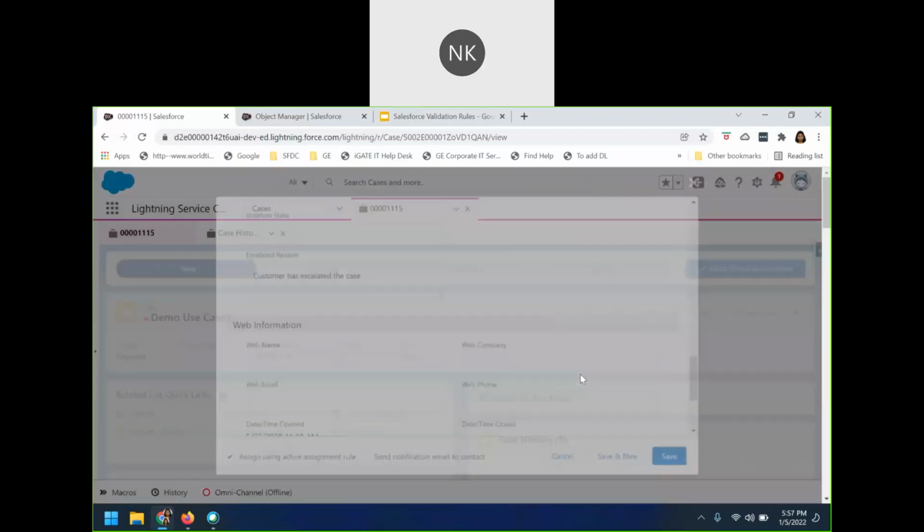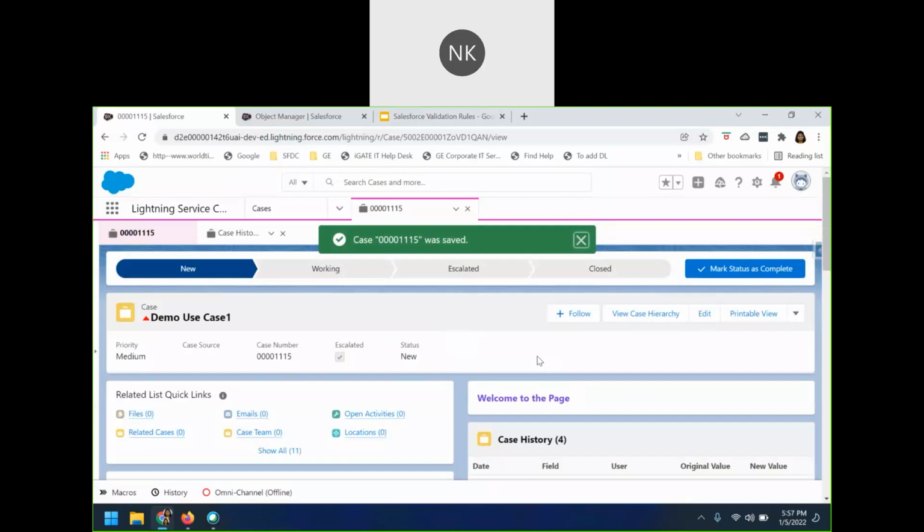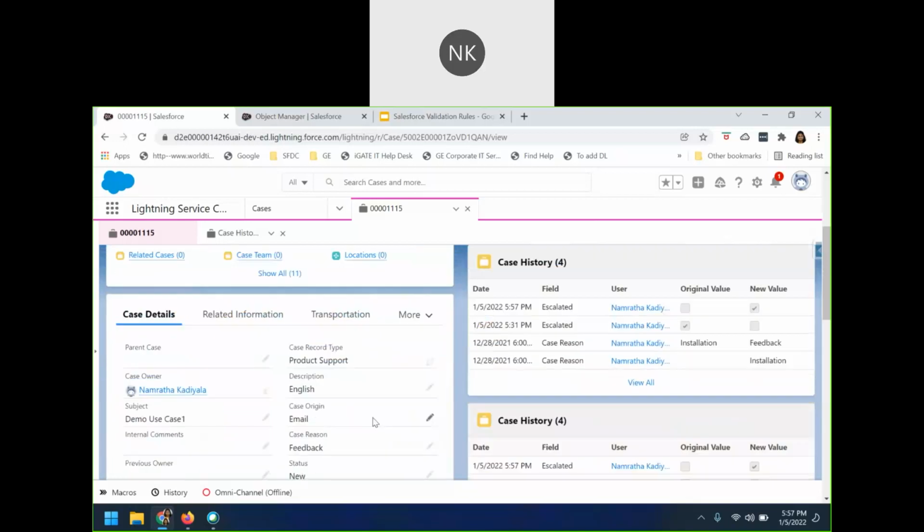Now saving this. So the main purpose of this requirement is whenever the case is getting escalated, it is always important that you know what is the reason behind the case getting escalated. These are mainly used for the metrics which will help our business or leadership team to find out how many cases are escalated and what is the main reason behind the case getting escalated.